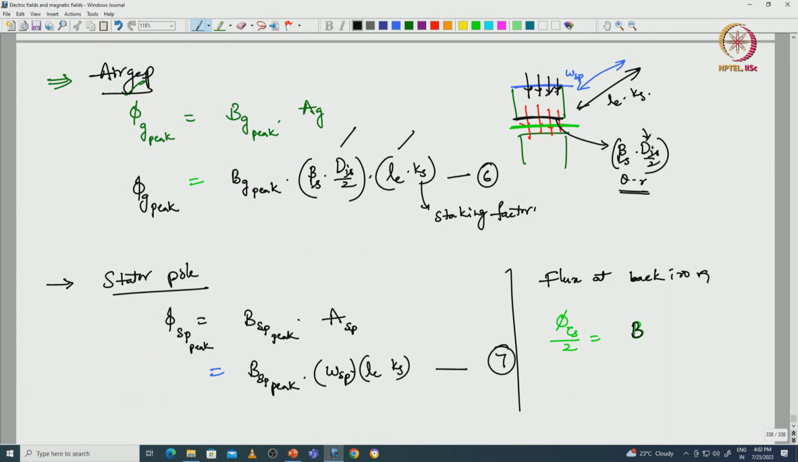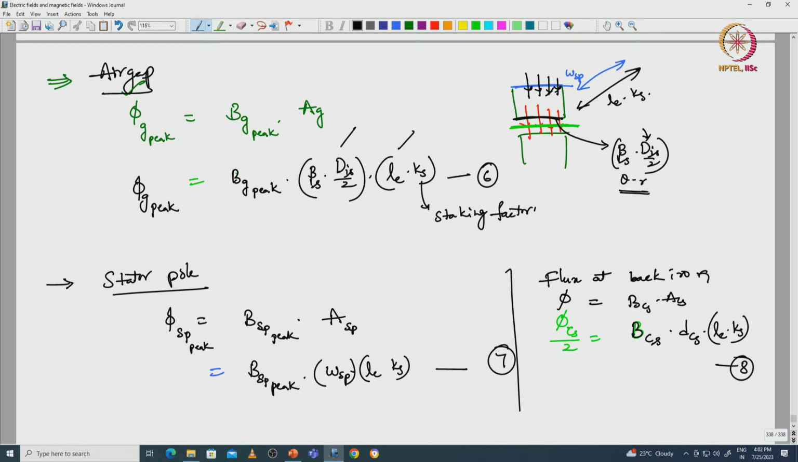the flux density at the back iron, BCS, into the area, which is DCS, the thickness of the back iron, into LE into Ks, the stator core length. So this gives the area, BCS into ACS. From this equation we can find the flux at the back iron,